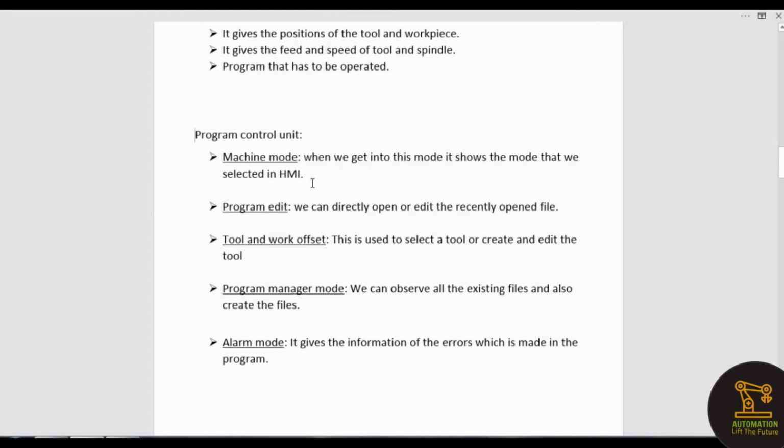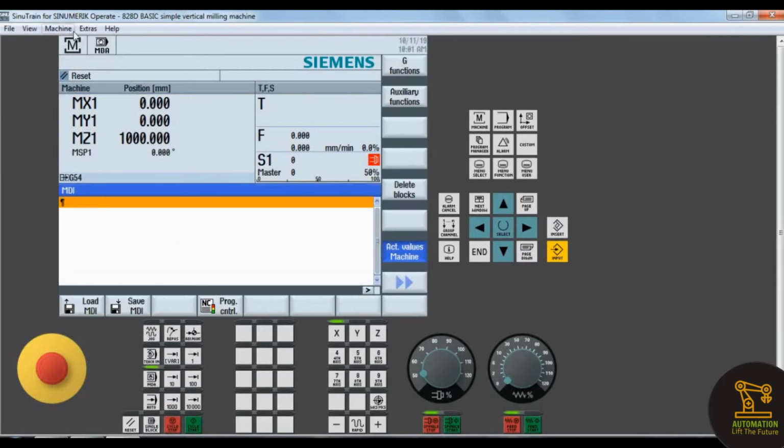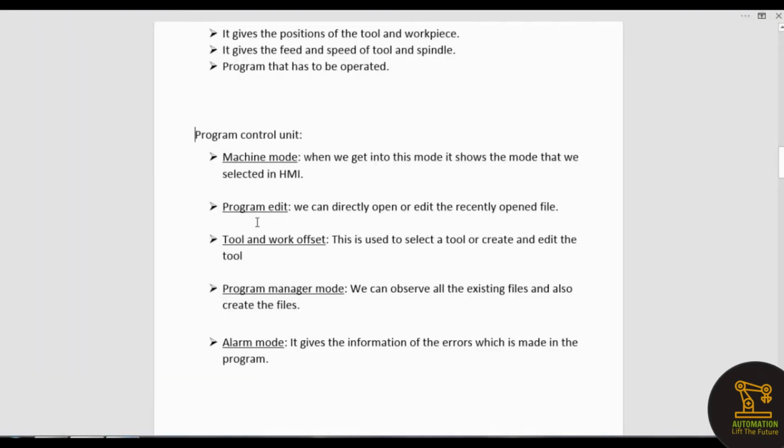When we get into this mode, it shows the mode that we selected in HMI. Now we are in jog mode. It has been shown on the top of the HMI. Let's move to MDI mode. It has been shown on the top of the HMI. Get back to jog mode.